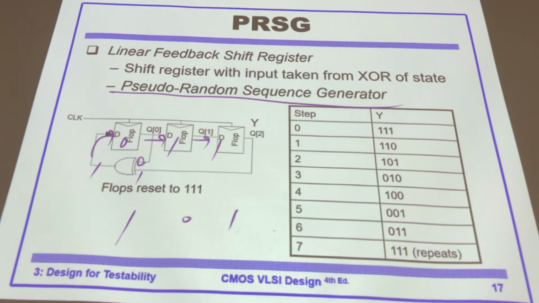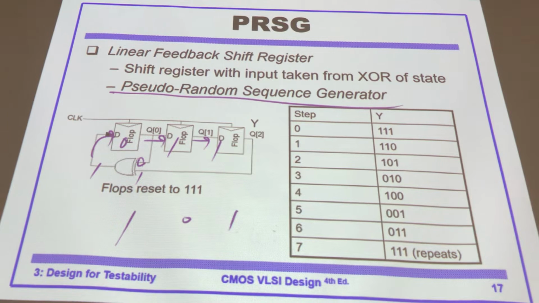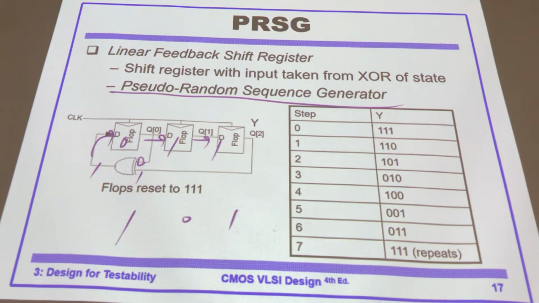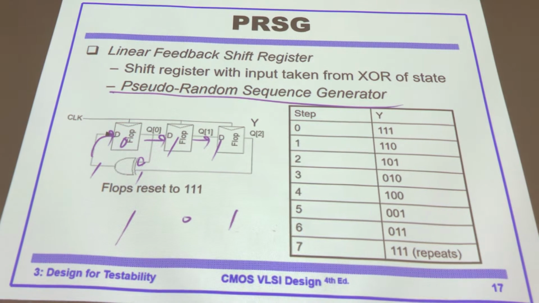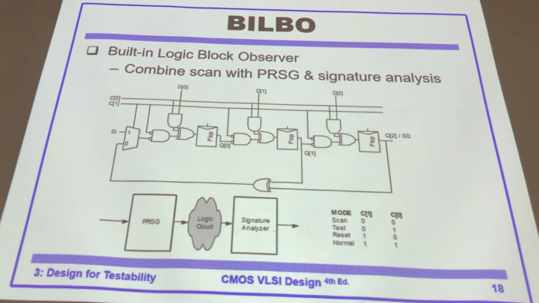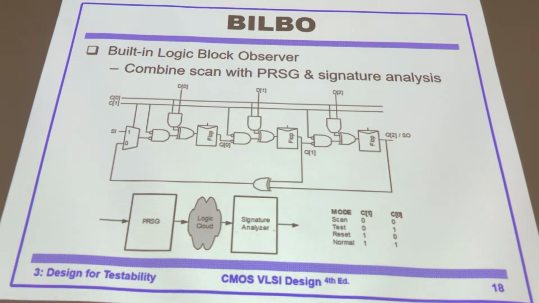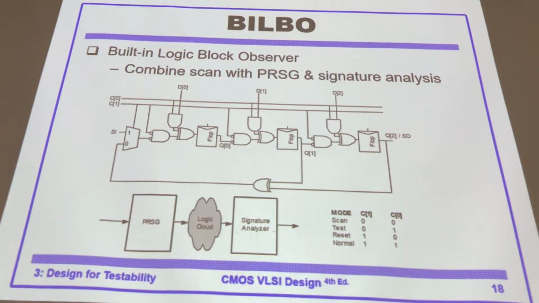And it's for only 3-bit. You can also design for 4-bit, 5-bit, 6-bit, 7-bit, and so on and so forth. There's a theory of that, a theory on how to design such a PRSG. And furthermore,